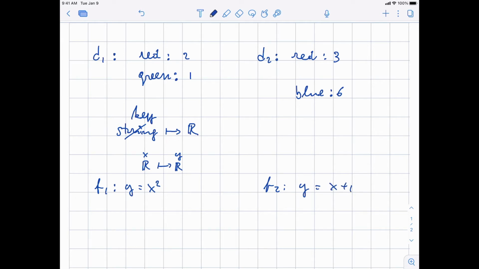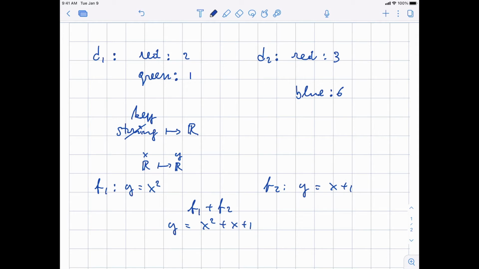So if I give you two such mappings from reals to reals, and I ask you what is f1 plus f2, well, you can add functions, right? And this is the function whose value is the sum of those two values. So the function would be defined by y is equal to x squared plus x plus 1. So there is a general way of saying what it means to add up two functions.